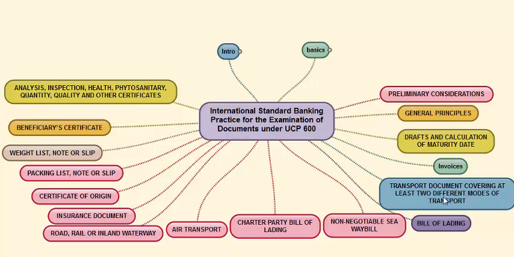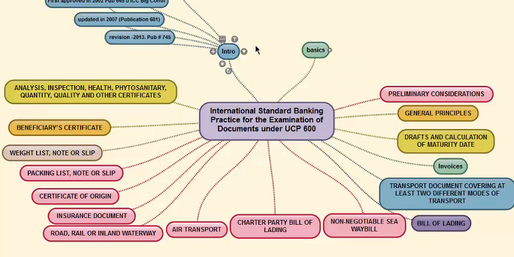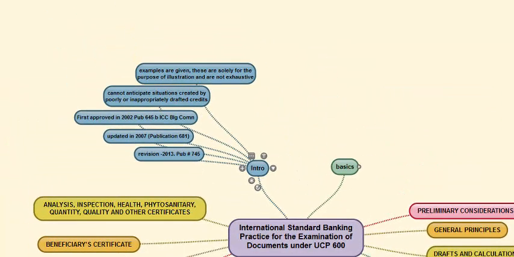It talks about invoices, and transport documents: bill of lading, non-negotiable sea waybill, charter party bill of lading, air transport document, road and rail, inland waterways. These are the transport documents discussed by UCP. The ISBP also talks about insurance documents and certificate of origin. It gives additional paragraphs or clarification on packing list, weight list and beneficiary certificate. Finally, it talks about analysis, inspection and phytosanitary certificate. To go into more detail on this international standard banking practice, we shall see that